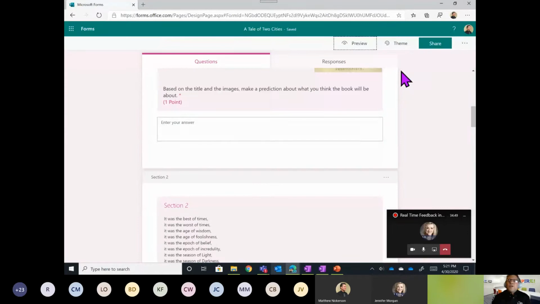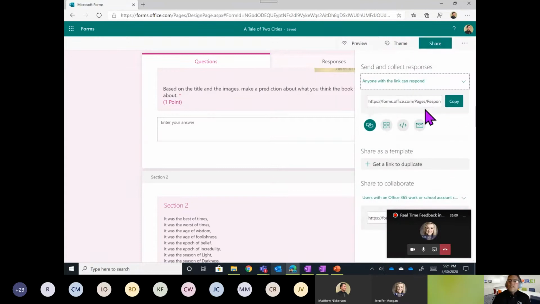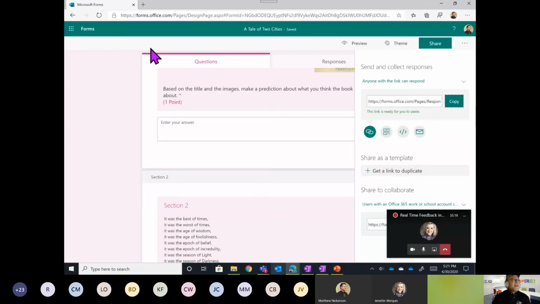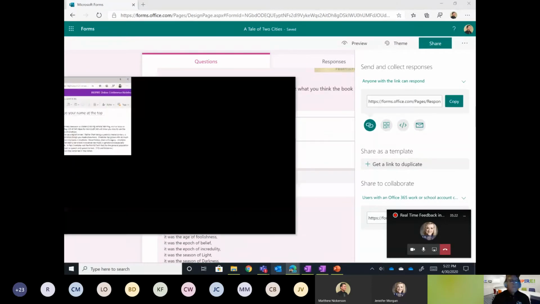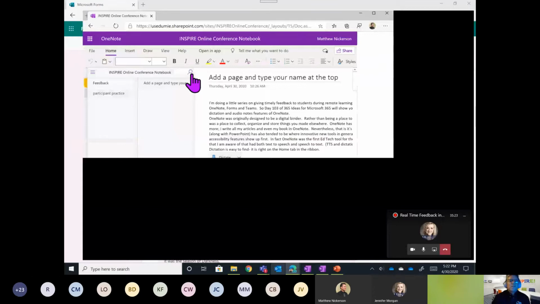But the next thing I want to do with forms is show you how to take it from here, where it's simply a place for students to give answers. And multiple choice is one option. If you need to get more information from students, you can certainly ask an open-ended question. But if you take this and you just take the same link that you would use for students to access it, so I can paste this into Teams, can paste this into anywhere that I give students access to websites. But if I copy that, take it into a OneNote notebook,